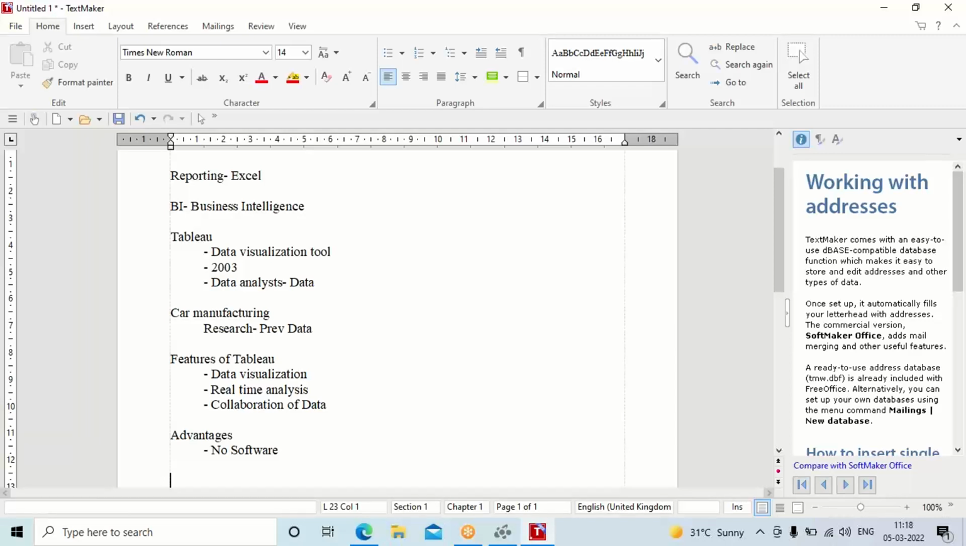Major advantage in using Tableau, there is no requirement of any skills, programming skills. The other parts are common for all the other tools. Now, let me tell you what are the products that are